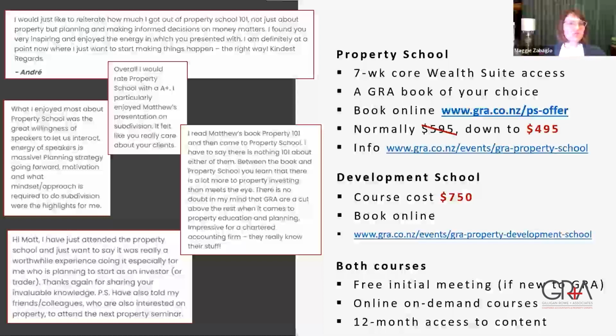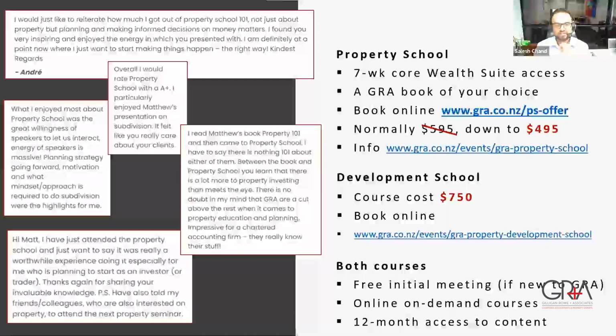Tina says, how can we structure so we can borrow more from banks to purchase as many properties as we can? Fantastic question. So one of the things you've got to do is, like I said, use a company. You could have one company just dealing with Westpac, one company dealing with ANZ, keep them separate. It works. I don't care what mortgage brokers say. I've got more properties than mortgage brokers. I've done more transactions than mortgage brokers, and I've given clients more advice than mortgage brokers, right?